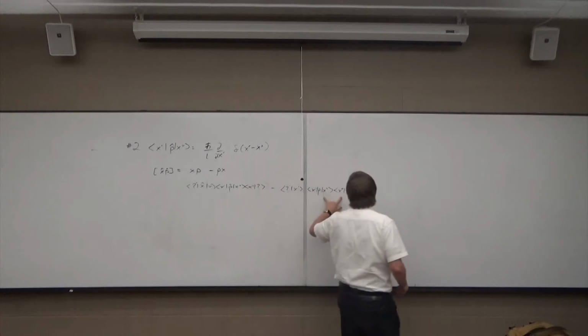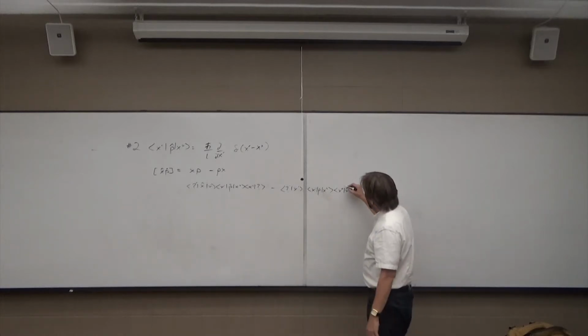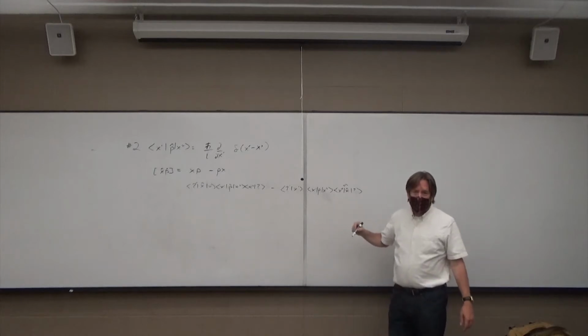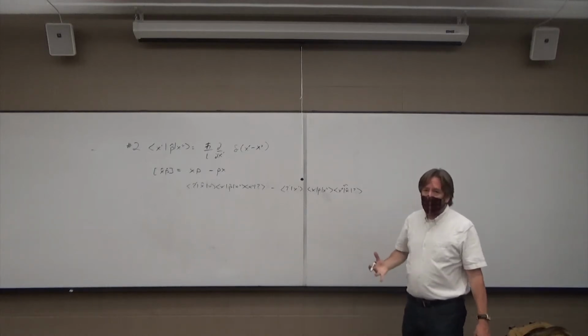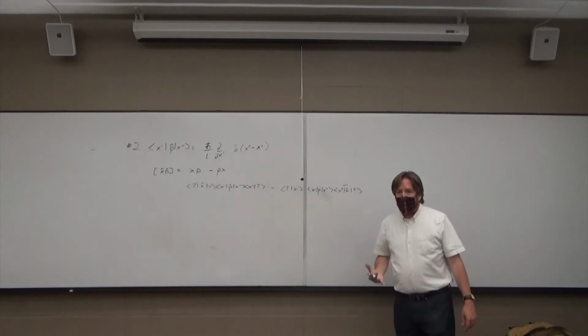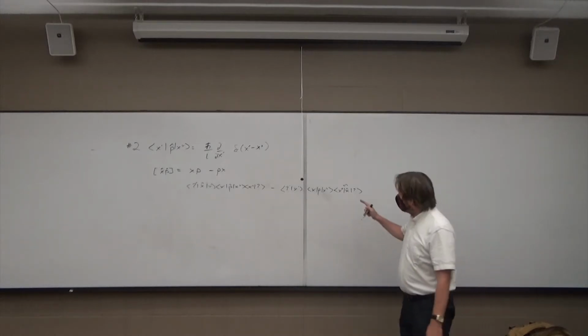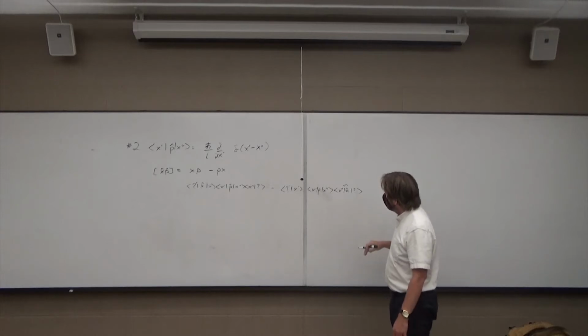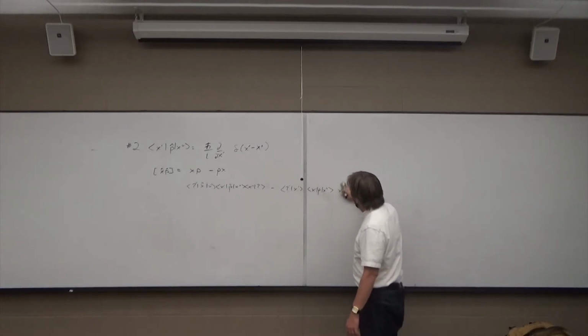Here you've got to be a little extra careful. X is Hermitian, right? The position operator is clearly Hermitian because position is a real thing. So if it's Hermitian, let's act on the x double dash, right? So then what you get